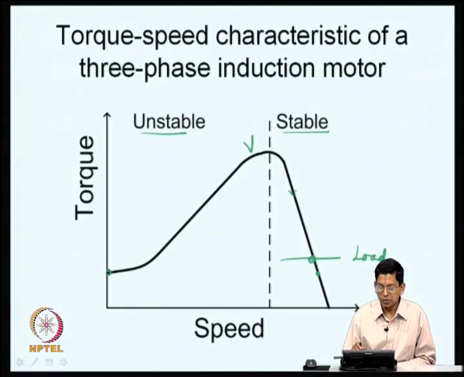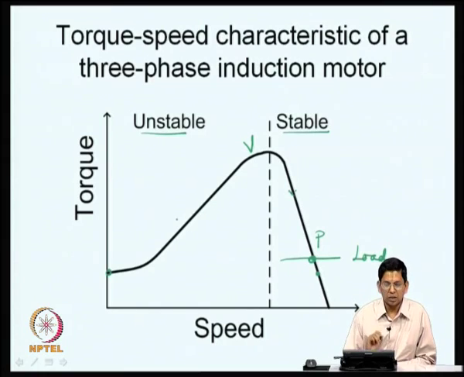So, you can see from this operating point, you can look at any kind of disturbance, either in torque or in speed, you will see that the operating point will return to this point. Let us call this point P. For any disturbance it will tend to come back to this operating point, and therefore, you call this operating point a stable operating point, and the set of all operating points on this region are supposed to be stable like this. So, you call that the stable region of the torque speed characteristic of the induction motor.